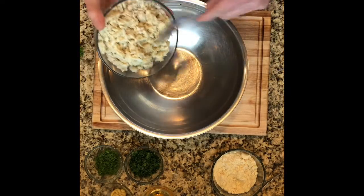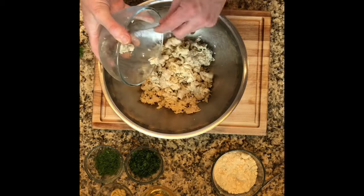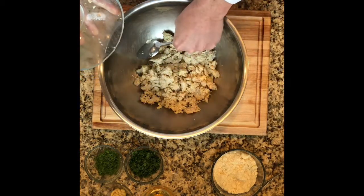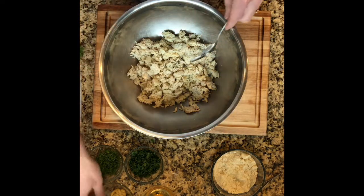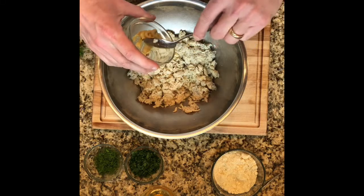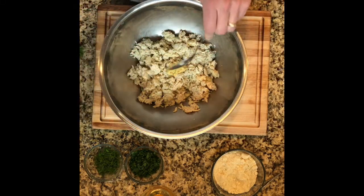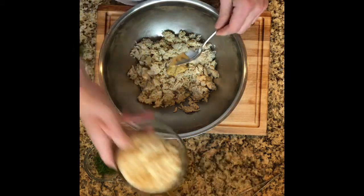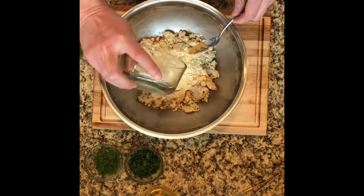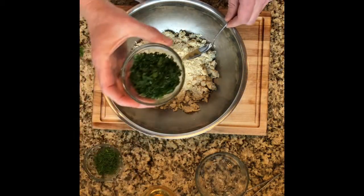So first thing we're going to do is dump our crab meat in a bowl. Make sure you pick over your crab meat because it could have little pieces of shell in there. Next thing we're going to add is, and really there's no specific order to this, we're just going to add everything in here. So I have Dijon mustard, I have my almond flour, but again you're probably going to use breadcrumbs. Okay, I have parsley,